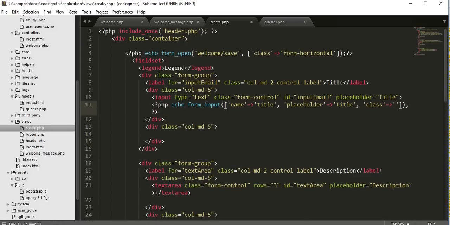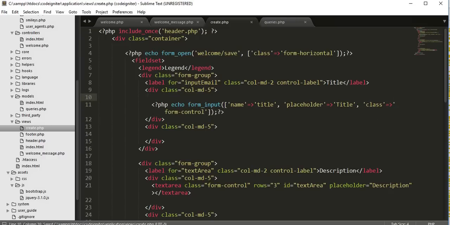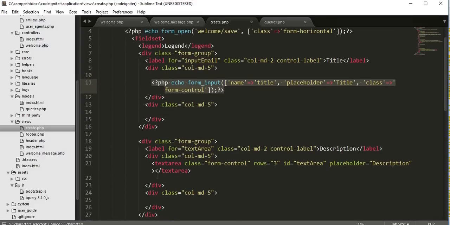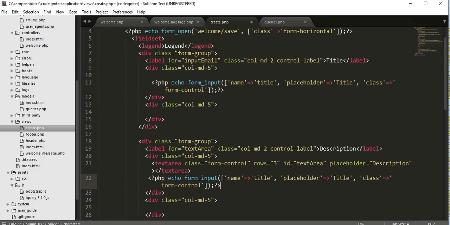Class will be this one, form control. Copy this and paste it here. Okay, save it, and just copy this once more time and paste it here and change it to